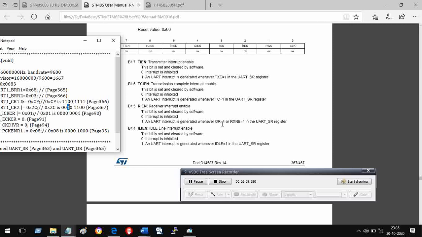when certain bits in the status register become 1, then the interrupt is generated. Okay, we will see what these bits are. What about these 2 bits? Let us go to the next page and see why we have made bit 2 and bit 3 1. Bit 0, bit 1, bit 2 and bit 3. Bit 2 and 3 we have made 1. Why? Let us check.